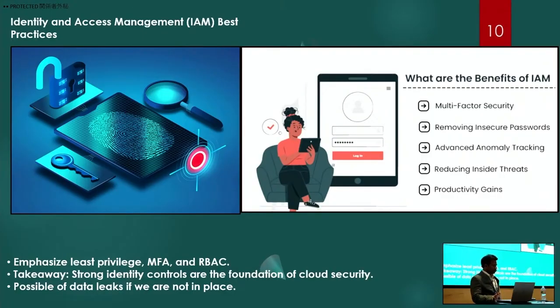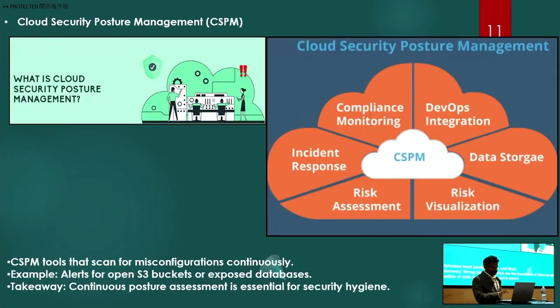Okay, coming to least privileges, MFA, RBAC, these are some security layers where you can see the threats you are talking about. In that context, what I would like to add is something called cloud security posture management. That's where it will keep scanning all of this. That's kind of a tool, I would call it. So can you just see here?